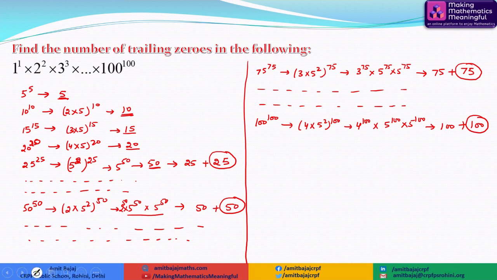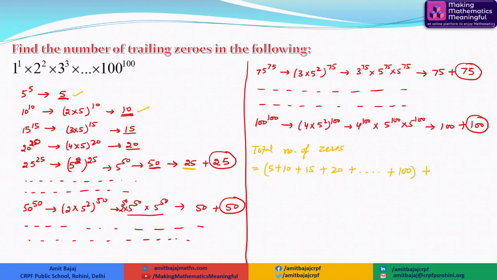Now observe that when we consider the total number of zeros, the total number of zeros will be 5 plus 10 plus 15 plus 20 plus 25 and so on till 100,